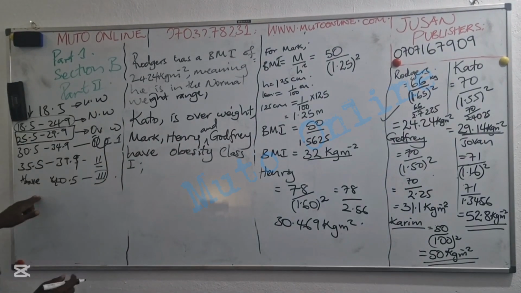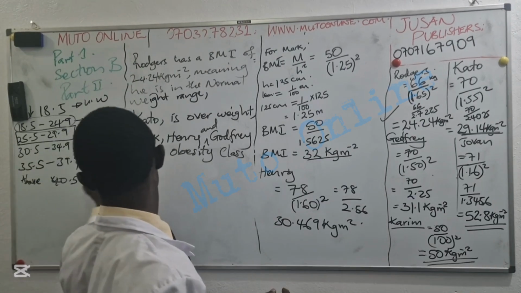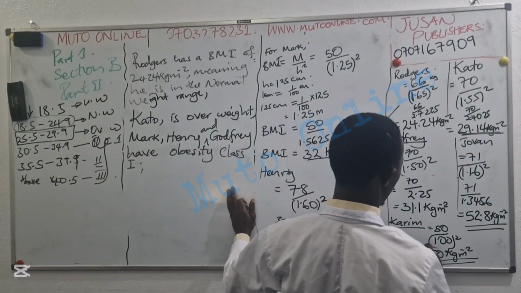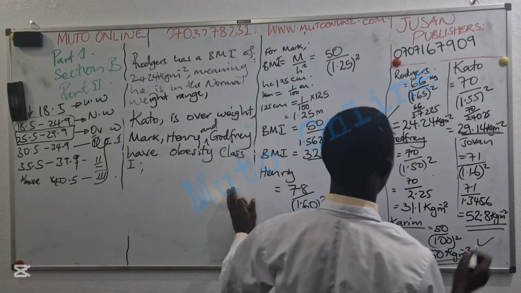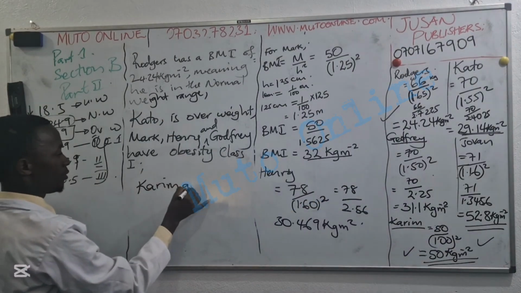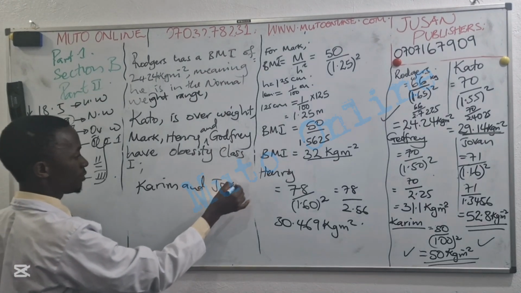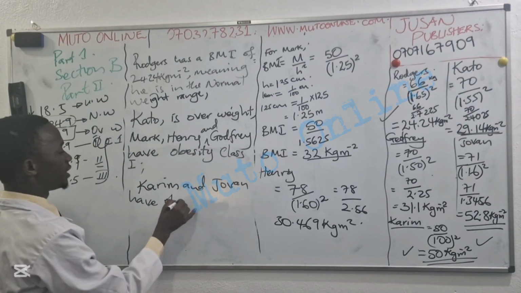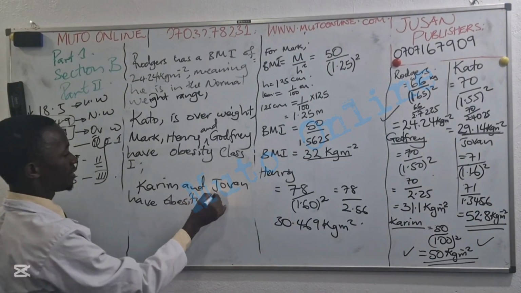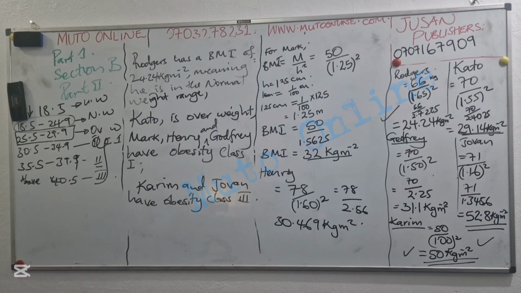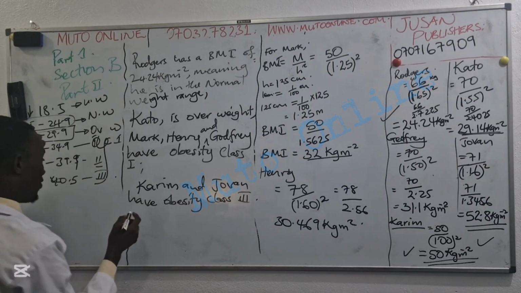And those with above 40, we have Karim and Jovan. Karim and Jovan have obesity class 3. I don't know what they were coming for, but from the data we have,